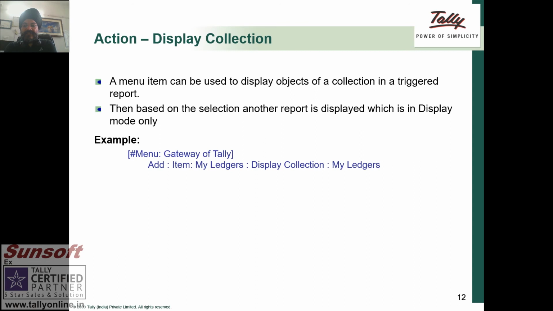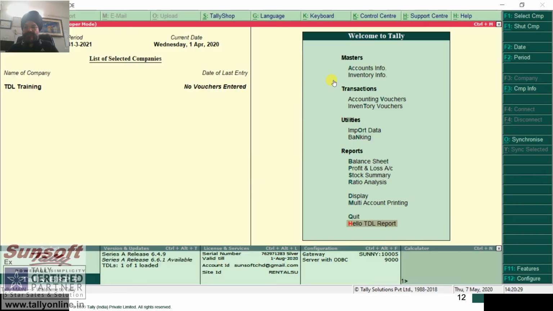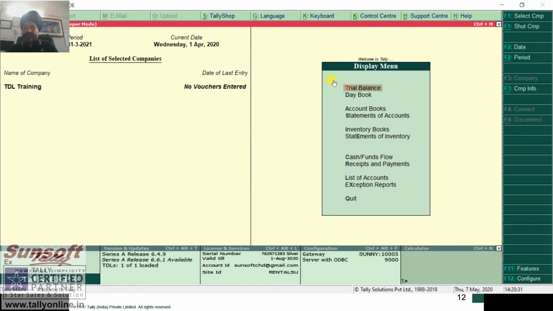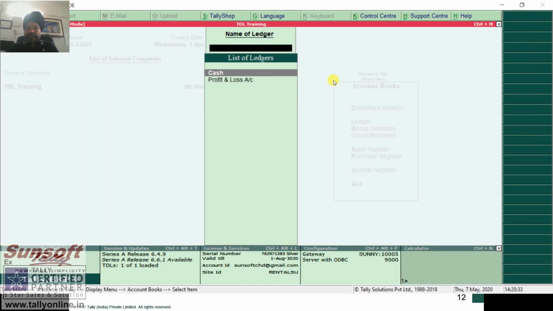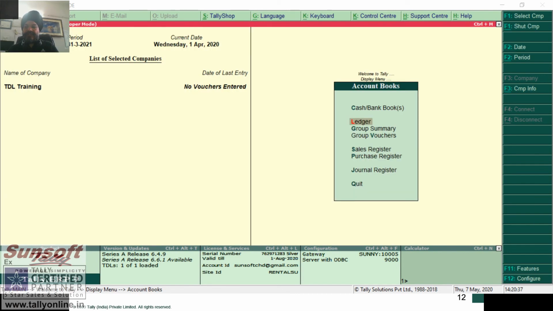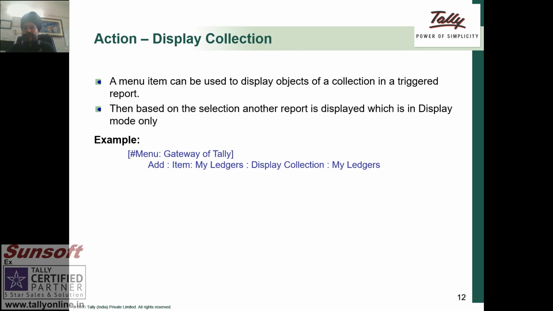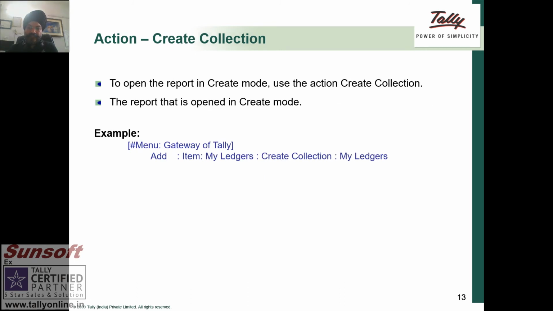Action display collection: a menu can display objects, like when I'm seeing ledger vouchers. The moment I open a report, I see the list of ledgers. So that is a display collection. Display account books ledger, now I am seeing the list of ledgers. This is the same as saying display collection.